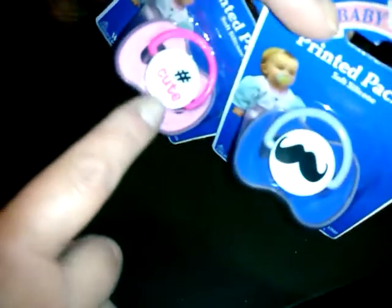Then I found 2 cute pacifiers, literally. Hashtag cute and this blue mustache. And I know there was 2 of them. Oh, there it is. So I was near the checkout and I found